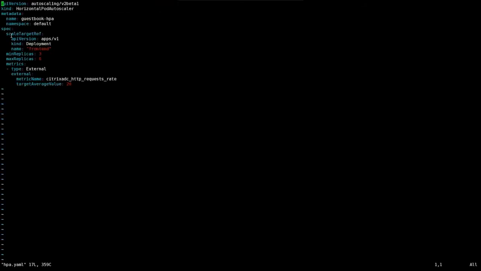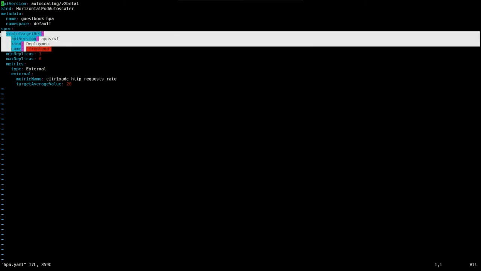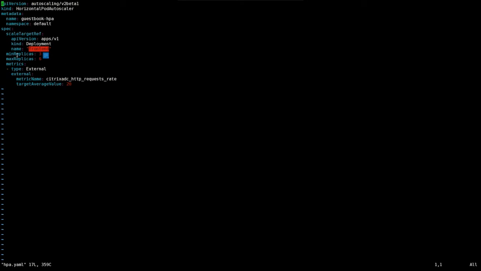As we can see, this time we are not auto scaling the CPX ingress deployment. In this case, we are auto scaling the front end deployment, and the minimum number of replicas right now is 3, and the maximum number of replicas is 6. Also, the metric that we'll be using again is the same, which is HTTP request rate, and this time the target average value is 20. So now as we are already running 3 replicas, the total request rate per second that this deployment can handle is 60 at one time. As soon as we start sending requests above 60, it should auto scale.